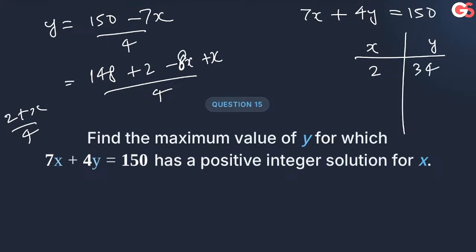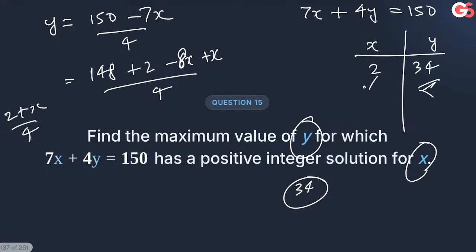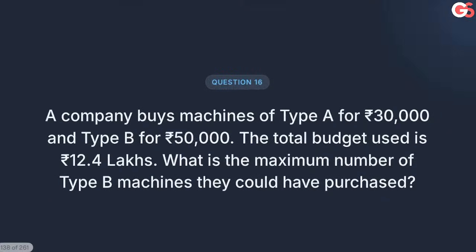34, that is the answer। 34 is the answer। I've already minimized x, x 2 से कम नहीं हो सकता। Is that clear everyone? All right, so y is 34, x is 2, x minimized, y maximized। क्या मजा आ गया, बहुत सारे सवाल कर लिए हमने इस तरह के। चलो आगे बढ़ते हैं।